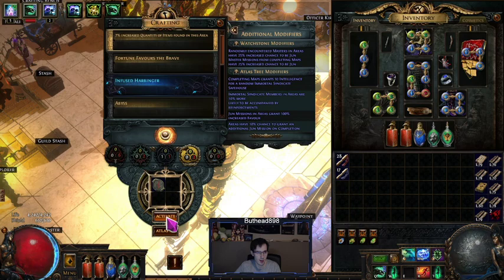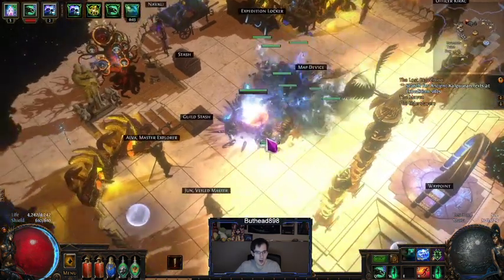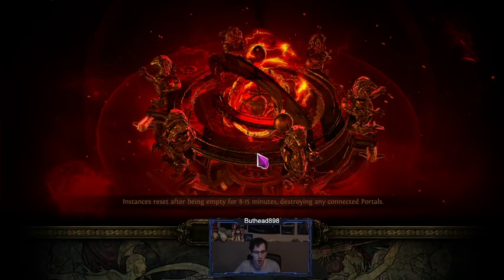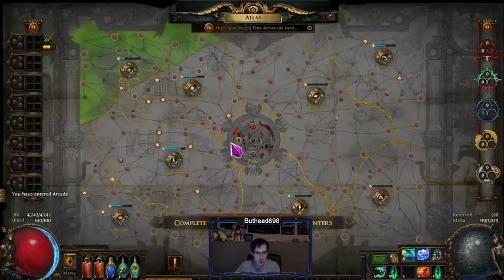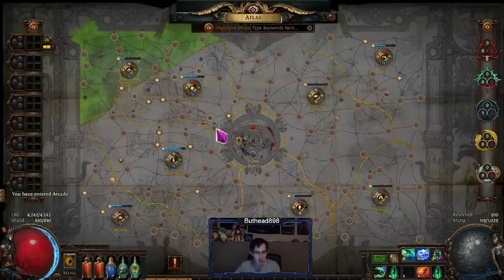Let's do some Jund. Make it a little bit more interesting. And then after this, we'll do Cyrus. Cyrus, I don't know how it's going to go. We might die. One thing about this build is the build feels really bad, to be honest,